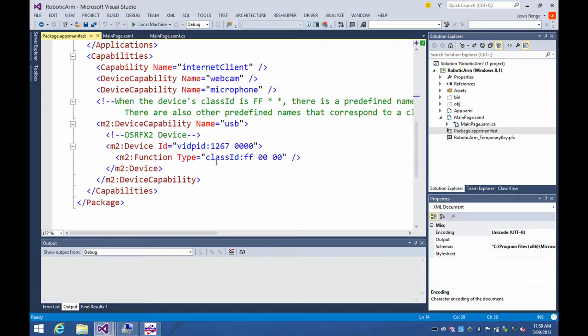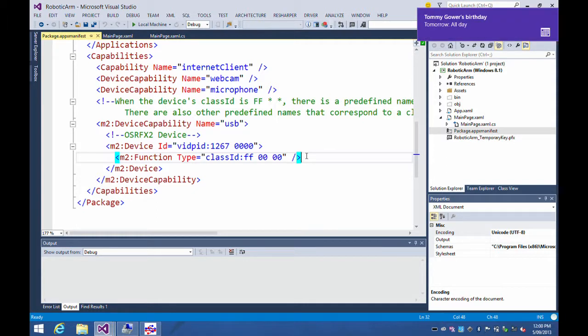And this type here, I've put the type in as a hex string, but it just means a vendor-specific device. So what you can do, if you don't want to say you're building an app for a robot arm made by this vendor, you can actually decide,